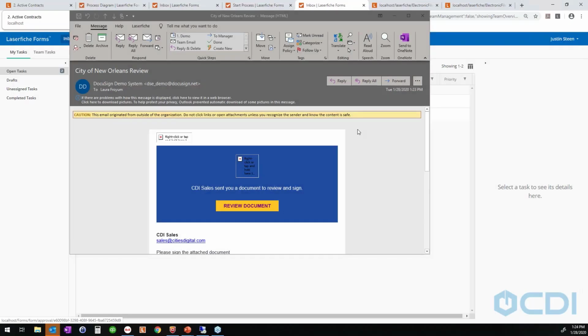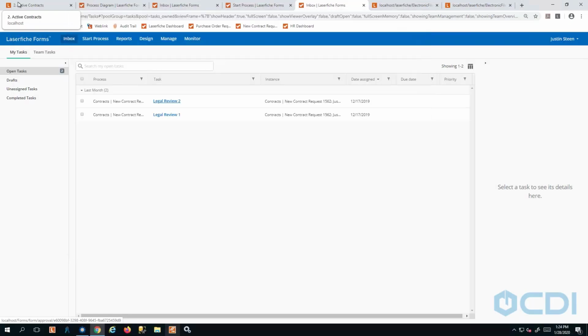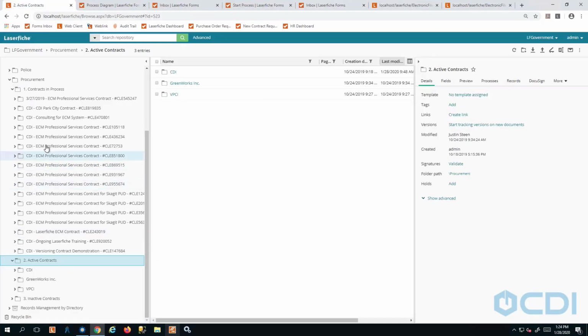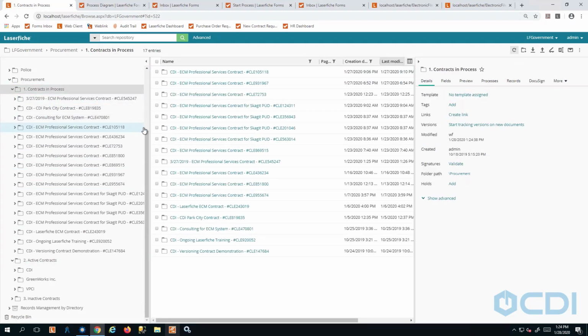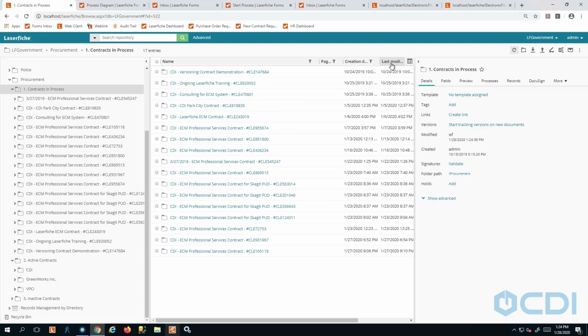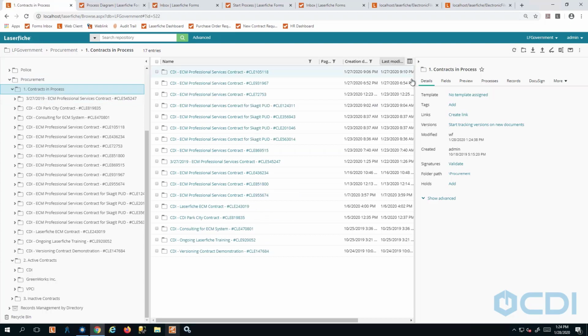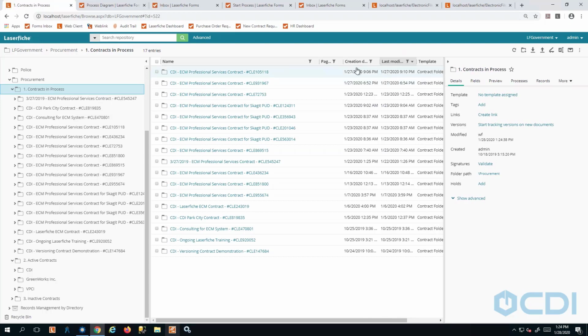So now I can close out of that, and I'm going to jump back into my repository. I'm going to refresh quick, and we'll probably see that document come in here, but we may have missed it. I should have popped over here during my demo, because what happens again,